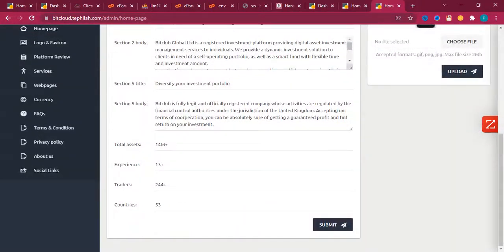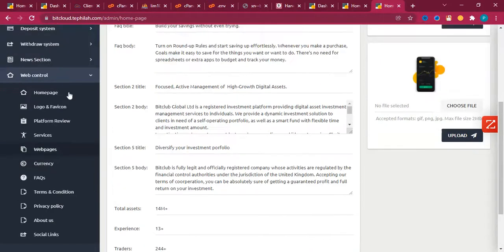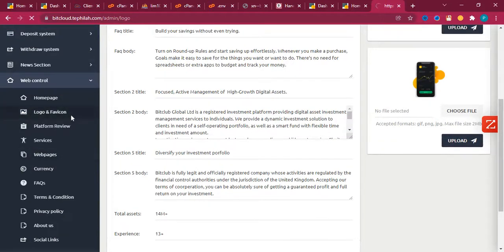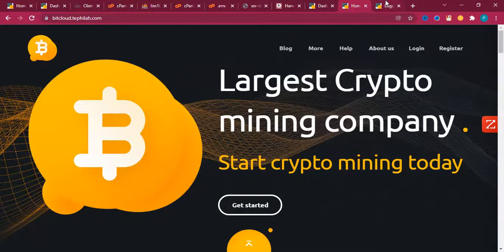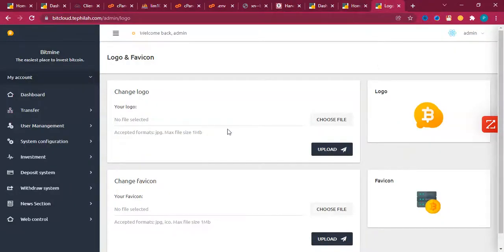On the FAQ, this is the review and the testimonial section, and a kind of progress bar section, so you can have it all changed, and you can change whatever you want because you're at liberty. You can change your logo and favicon. You can see there's a favicon here, and there's the logo on the site. So this is the logo. You can have all of those changed to whatever image you want.